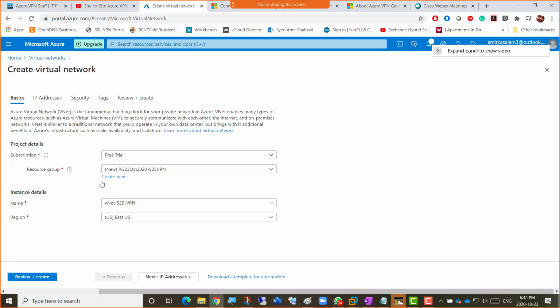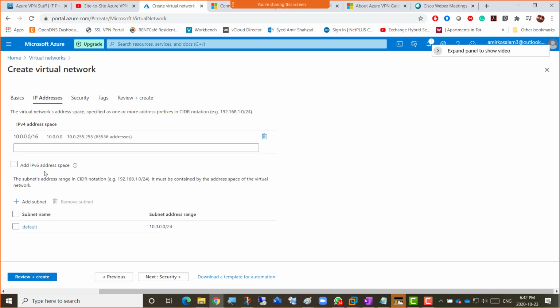So that's all written, I'm just going to click IP addresses now. And in IP addresses, I get the range 10.0.0.0/16, which is okay, and the default subnet is 10.0.0.0/24, which is also okay. So nothing to change here. Gateway subnet cannot be created now. Gateway subnet has to be created once the proper VNet and our default subnet is created. So I'll just go ahead and click the security